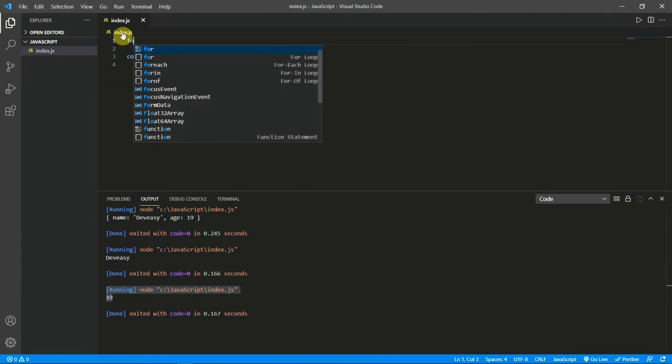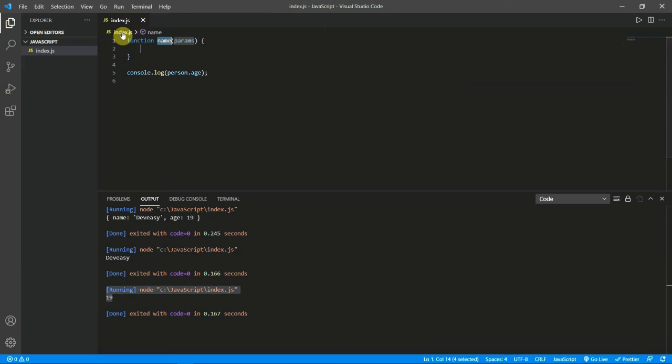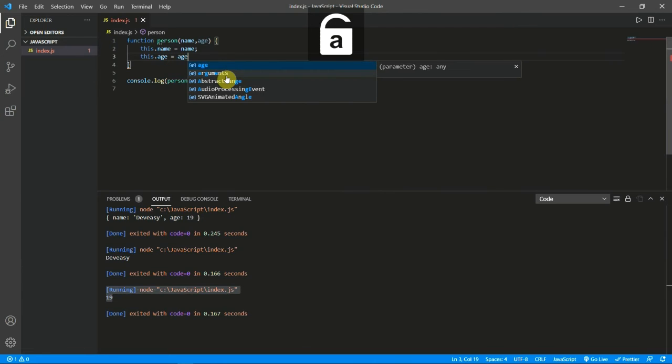For that we will create a function called person, and here I will give name, age. There are two parameters here, and then here I will create the constructor, which is this dot name equal to name, and this dot age equal to age.